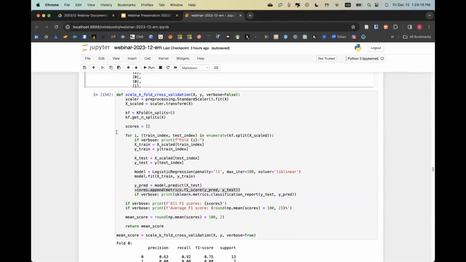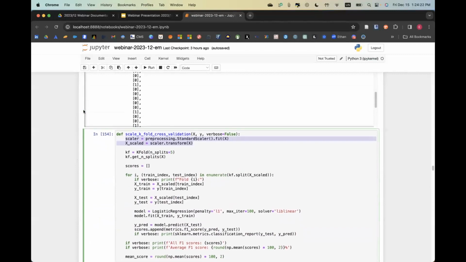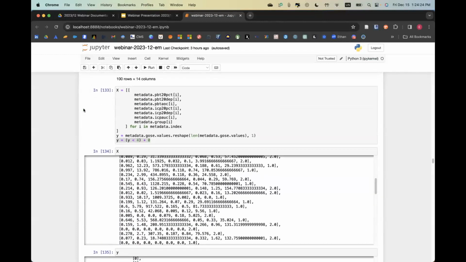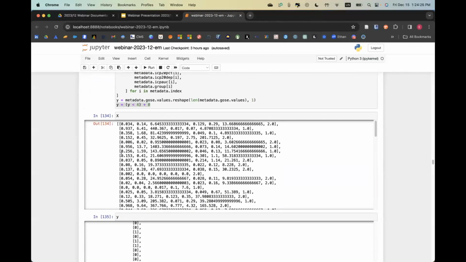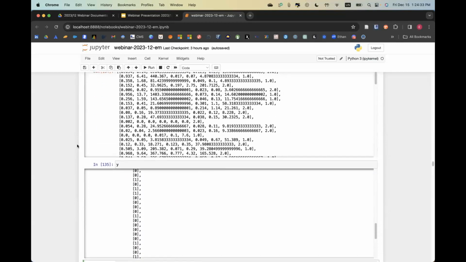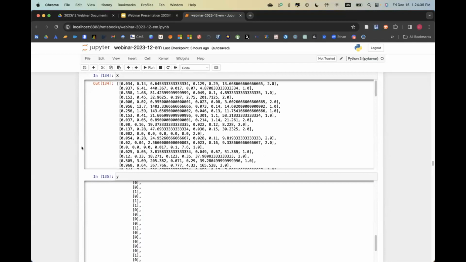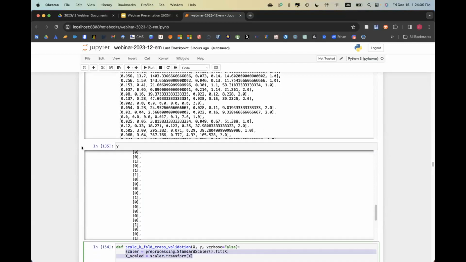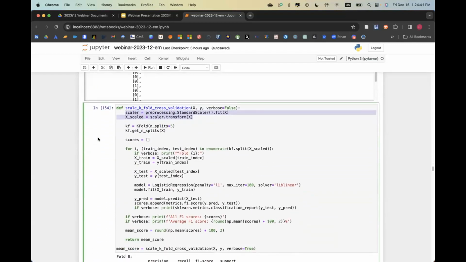One thing else I'd like to mention about this function is I actually have a step in here that scales each column. This standard scaler transforms the columns so that they're on a scale of 0 to 1, so that when I'm feeding them in to the model, they're appropriately scaled and the model doesn't feel like they're seemingly unbounded. Well, this might not be needed for a logistic regression, or it might not be as needed.